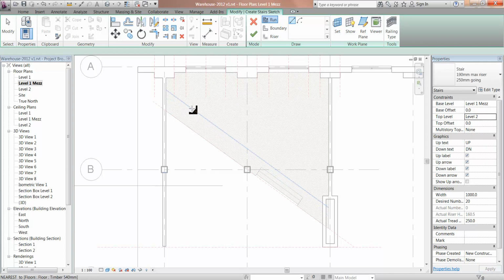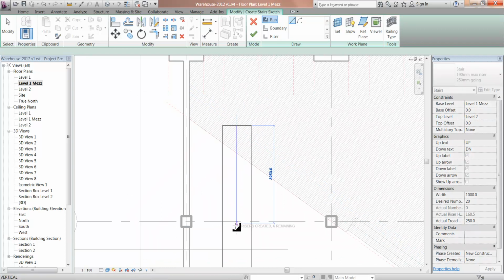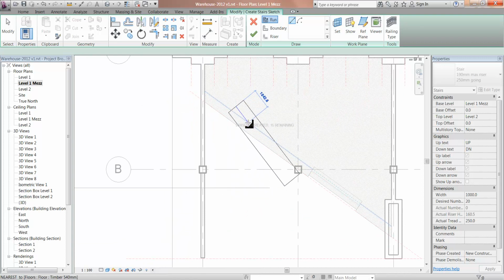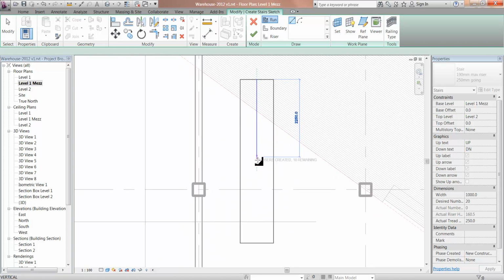So now I'm going to click a point and make my stair. I'll just click anywhere here, and I know the floor edge is down here roughly somewhere, but I can't see that in this view. So I'm just going to go ahead. You can see after clicking that first point, it's showing me a preview. And if I go ahead now and move all the way to the end of that rectangle, it'll give me